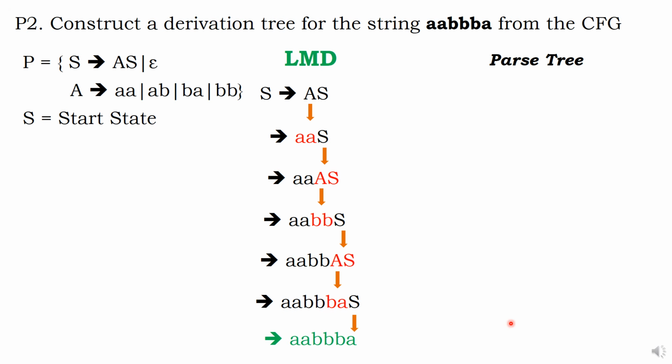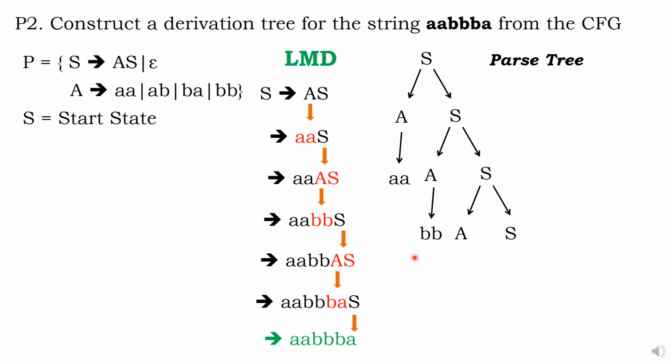Okay. Now my aim is not doing LMD. My aim is doing derivation tree. That's what I just skipped all the stories. You can go ahead. Now parse tree. S is the root, replaced by AS. Then this A replaced by BA, and then S is as it is. This S replaced by AS. This A replaced by BB. This S replaced by AS. This A replaced by BA. This S replaced by